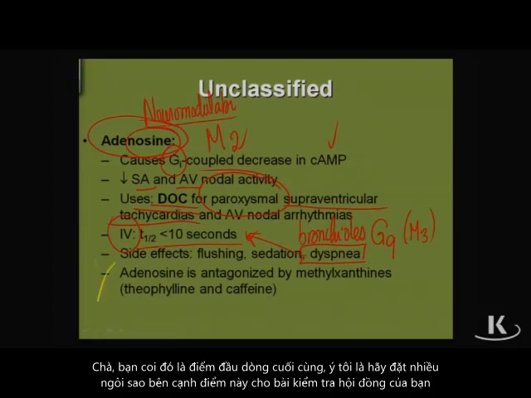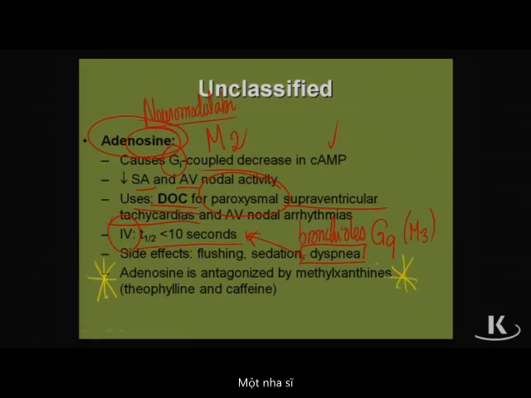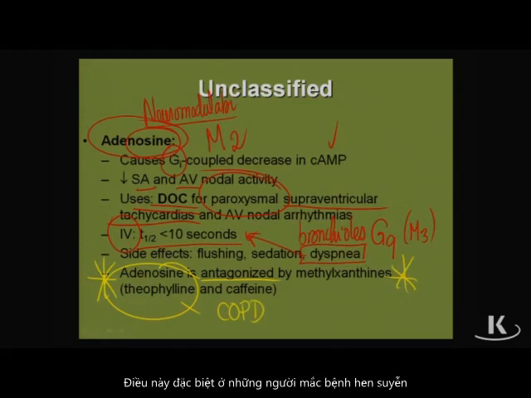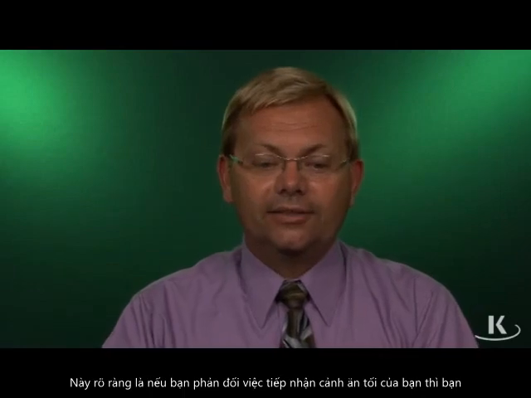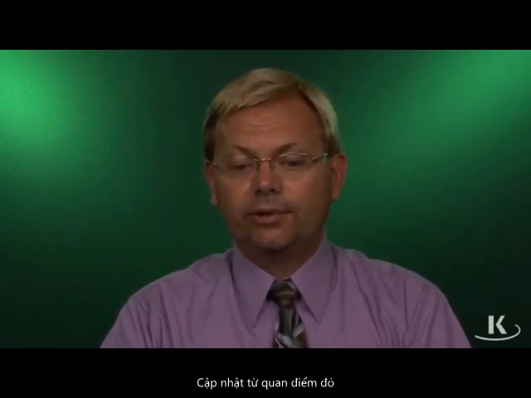Put many stars next to this for your board exam on Step 1. Adenosine is actually antagonized at its receptors by drugs like theophylline. Theophylline is a drug that you use in COPD, chronic obstructive pulmonary disease, particularly in people with asthma. Obviously, if you antagonize the adenosine receptor, you are preventing adenosine from causing the bronchospasm. So surely you'd have a good effect in an asthmatic from that standpoint alone.